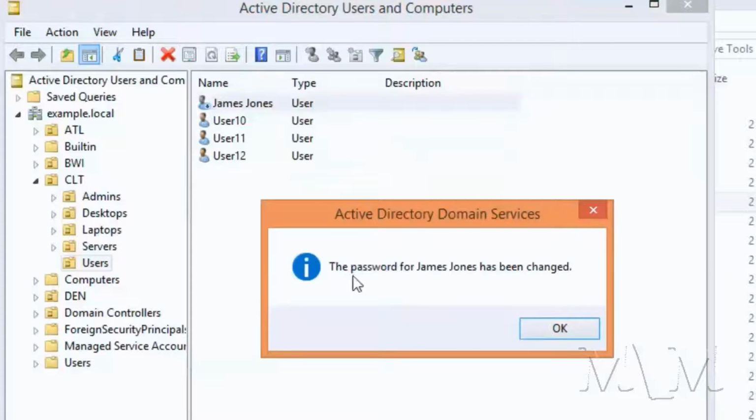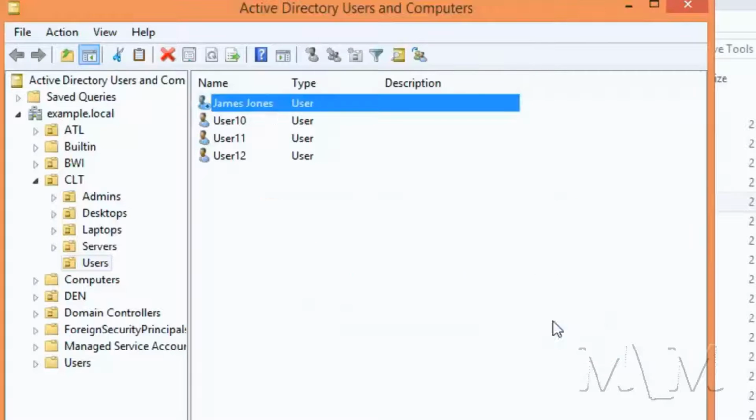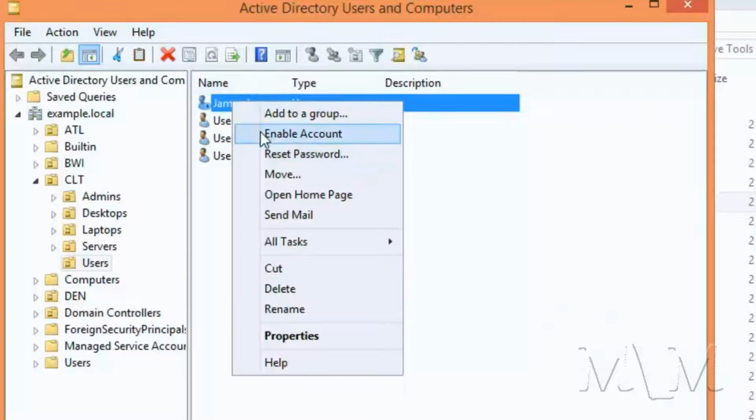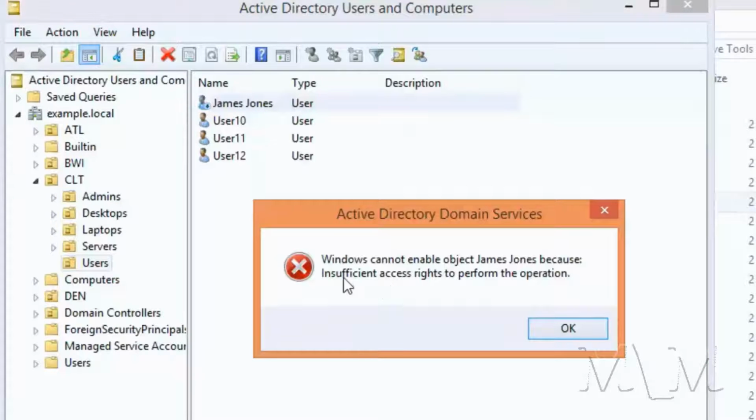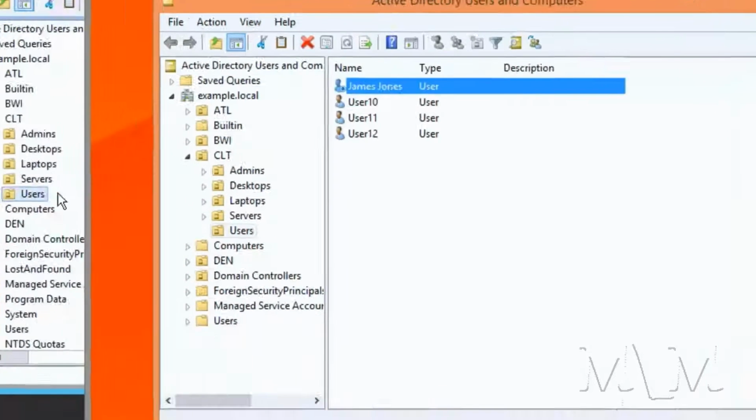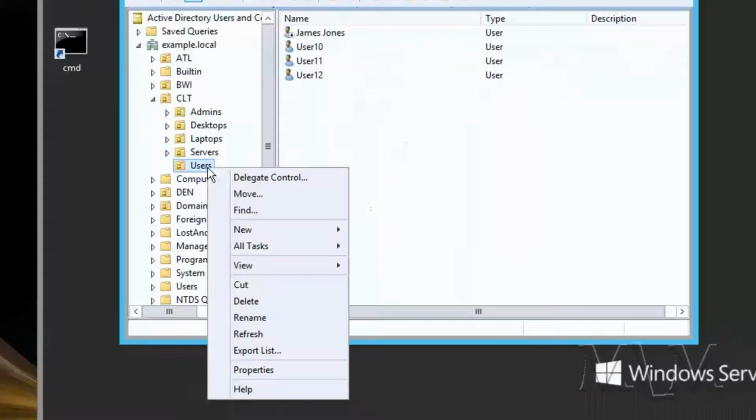All right. So that's been changed. No problem with that. But if we go down here to enable account, insufficient access rights to perform the operation. All right. So this is where it gets a little bit more granular. Now, I could go into properties and do this a different way, or actually change the fine-tune properties here, but